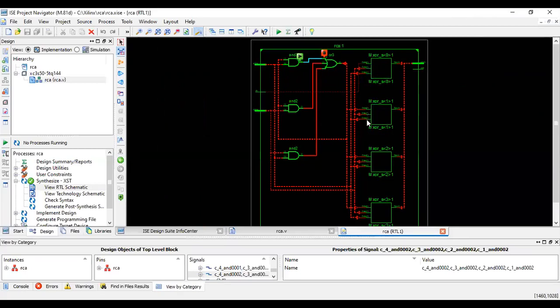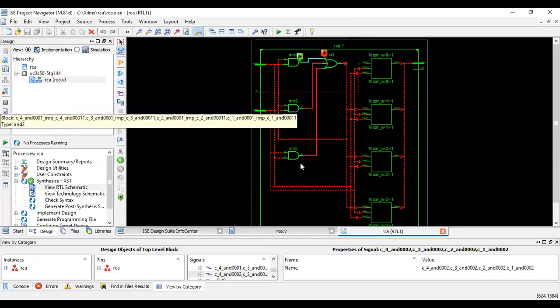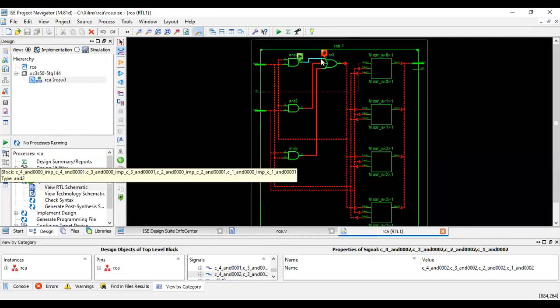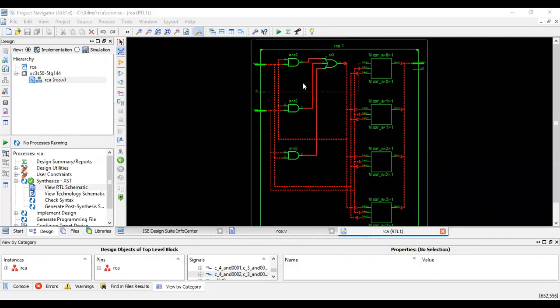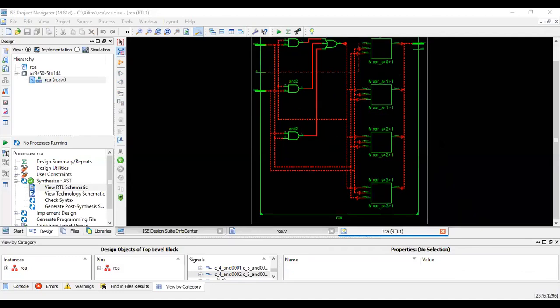Again, A, B, C in, XOR gate. These are all XOR gates of the ripple carry adder. And this is the carry: AB, BC, AC and OR it. AB plus BC in plus AC in. So it is very important that you remember the expressions for the ripple carry and the full adder, so that we can use it everywhere. Full adder and half adder expressions. So this is over. Now let us synthesize it and let us simulate it.